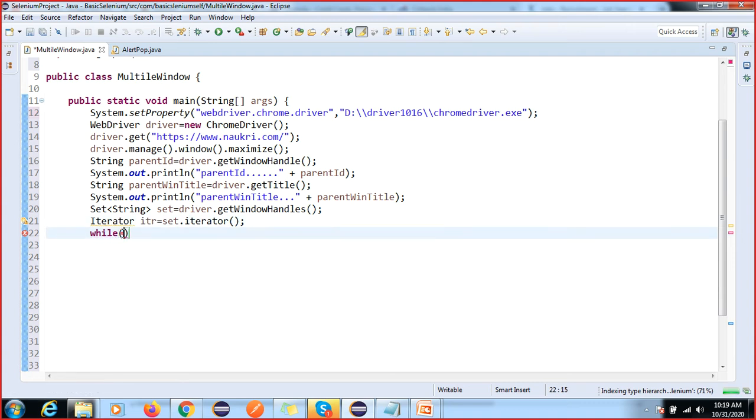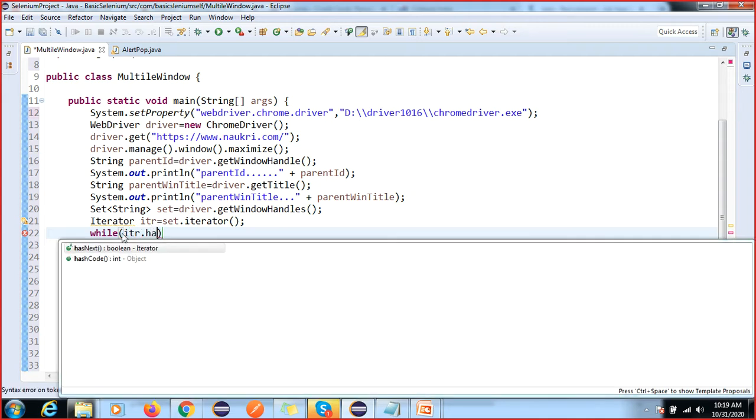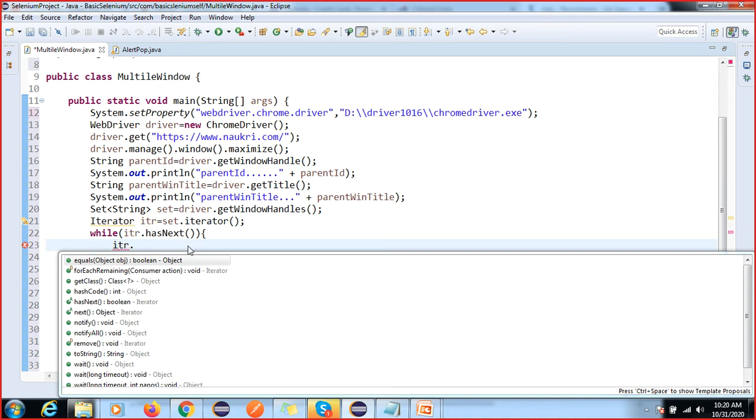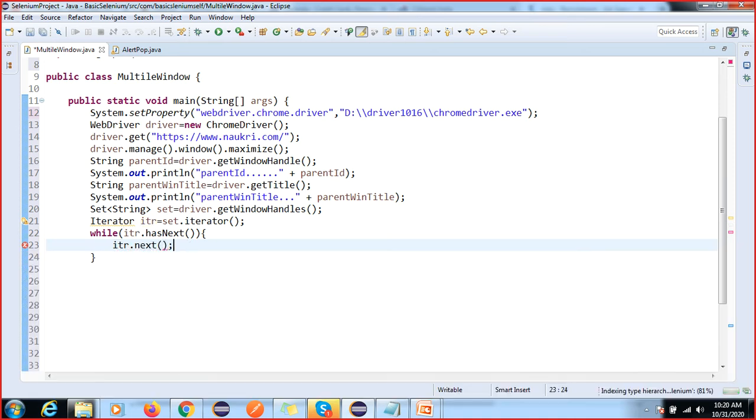So we can use the method called hasNext, right? The hasNext method will just go inside this. I'll tell you, no worry about that. I will make this diagram to show how this code will work. Then the next method. This next method will store all the elements it is iterating. So I'm going to write here childWindow. Okay, this is your child window.